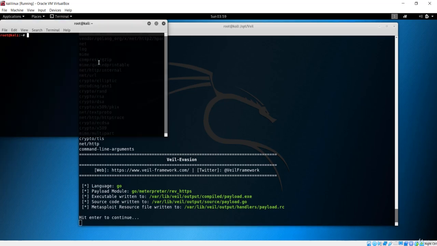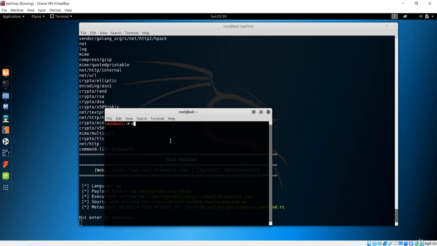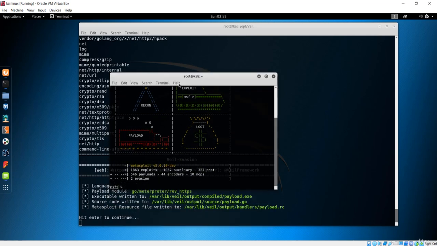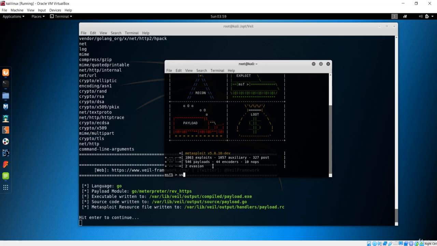So let's make that console, or that handler, over here. Let's create a new window, and the interface that we are going to use is msfconsole. First of all just type msfconsole and hit enter, and it is going to give us the application inside this terminal. Let's wait for some moment. It is going to take some time. Now it is showing that it is starting the Metasploit framework console, and this is the framework that gives us Veil-Evasion. So let's go over here, and the first handler you have to use is the exploit multi handler.